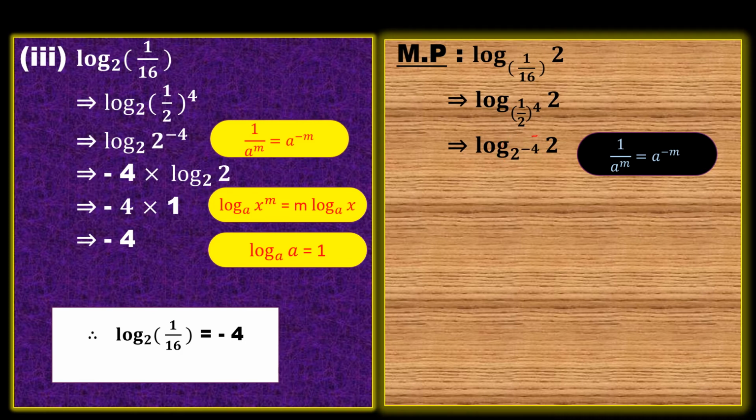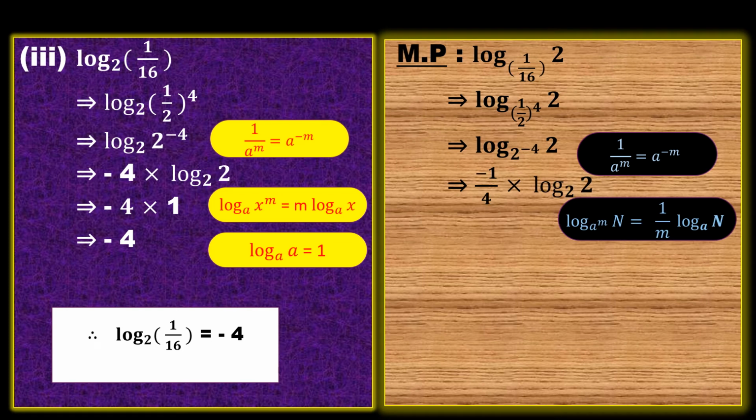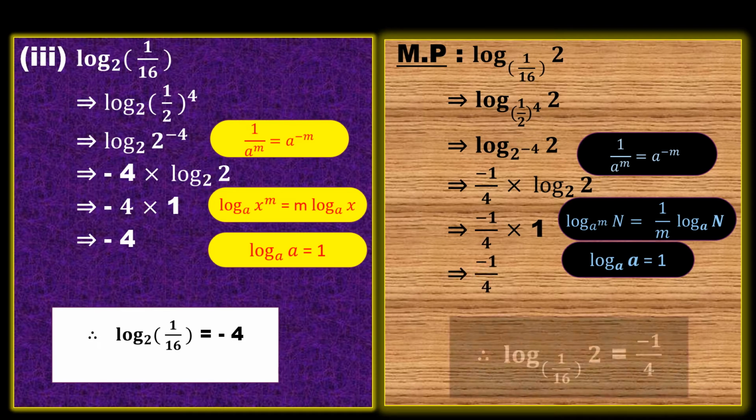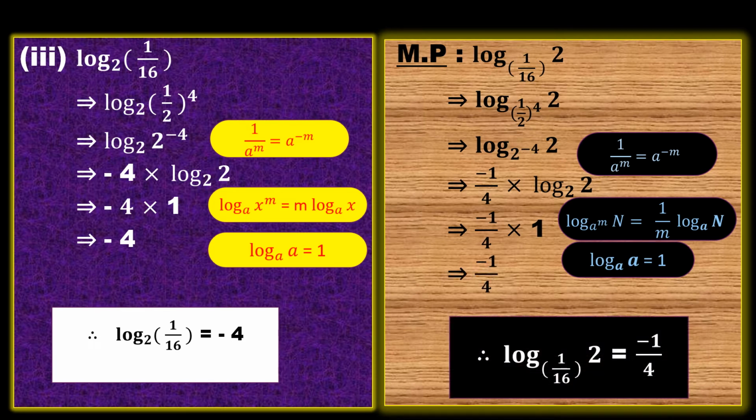Now here whatever is in between, if these two are same or even though they are different also, you have two formulas, right? So here whatever is in between, that will be shifted to the front and that will be the reciprocal. Okay. So minus 1 by 4 into log 2 base 2. So 2 base 2 is 1. Minus 1 by 4 into 1. It is minus 1 by 4. So your answer is minus 1 by 4. Okay, so be perfect with such type of problems as well as like this also. Okay, you can take your own examples and you can solve them and check.